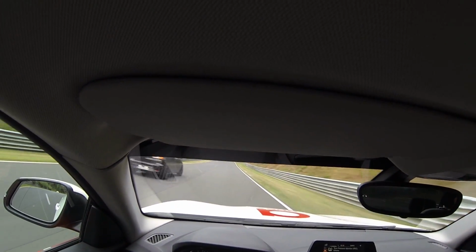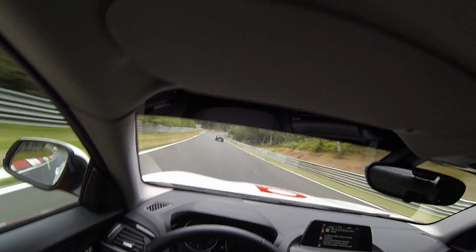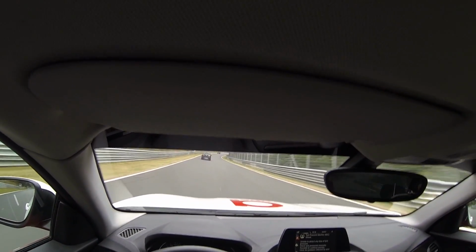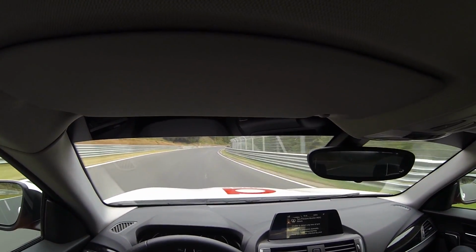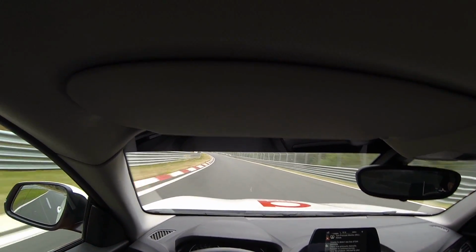Don't need to brake for the upcoming corner, so just turn and left, back to the right-hand side, then stay to the right. There's a faster car coming. You can stay on the throttle, it's all fine, there's enough space. And then back to the left side, turn right around, straight line, onto the right-hand side of the track,